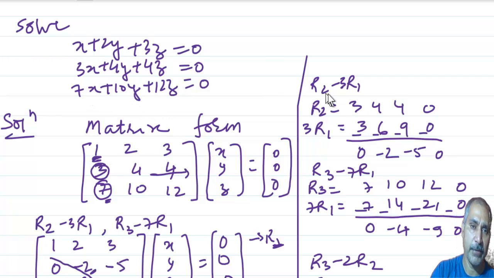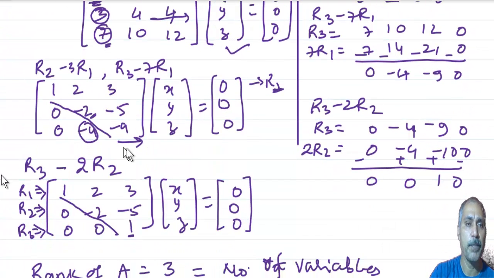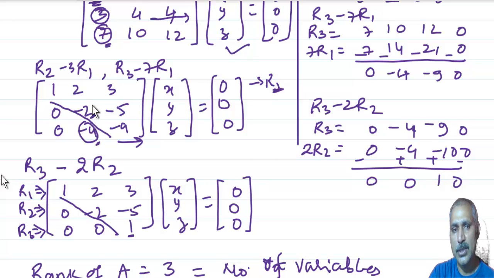Now, we have taken one question where the solution exists and it is a trivial solution. For that, I have taken this system of equations and converted that into the matrix form. Using this first position 1, we have made 3 and 7 as 0. That was our first step. Now, in the next step, below the diagonal 2 are 0, and the only one number left which is non-zero is minus 4. To make that minus 4 as 0, we have taken the help of the second diagonal element of the second column and we made that as 0.